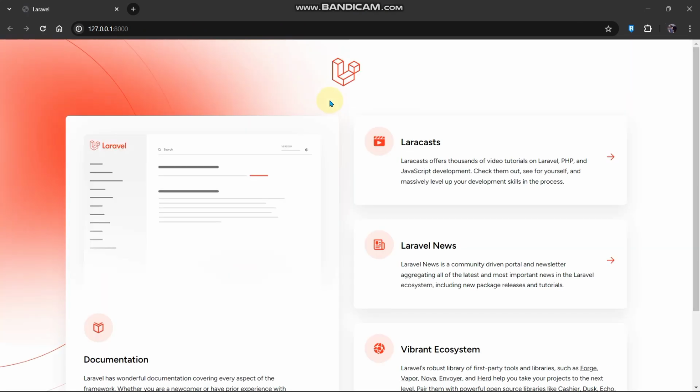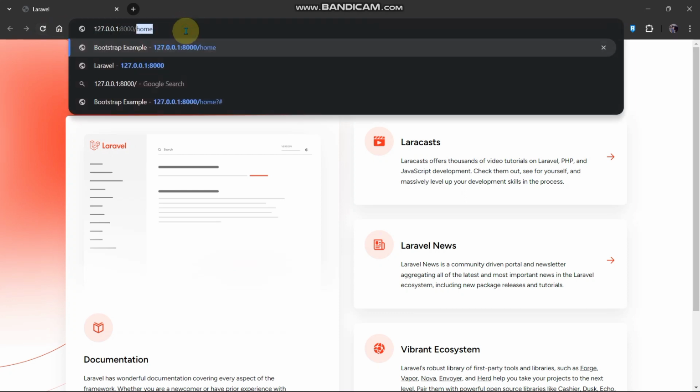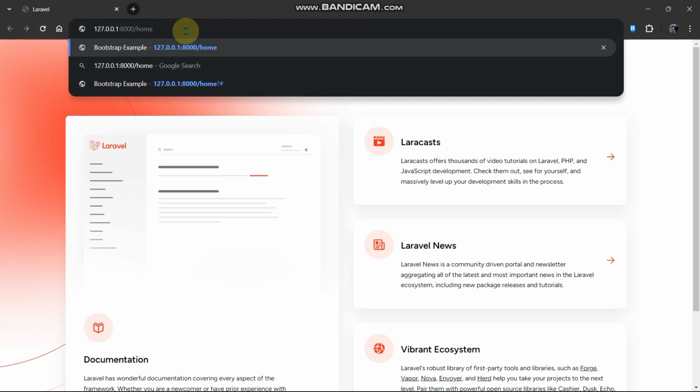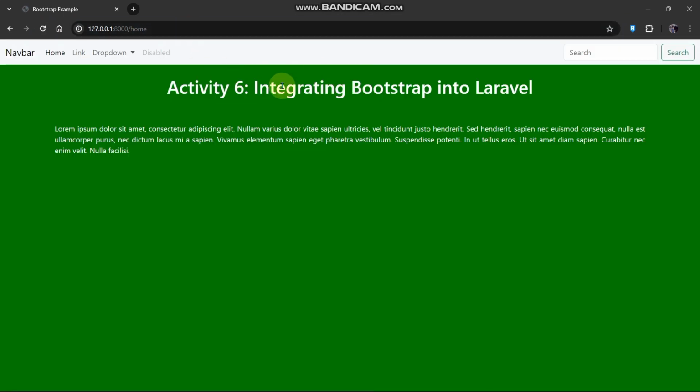So this is the main slash home, and this is our website. So search, and the disabled button, drop downs with hovers, and click colors,